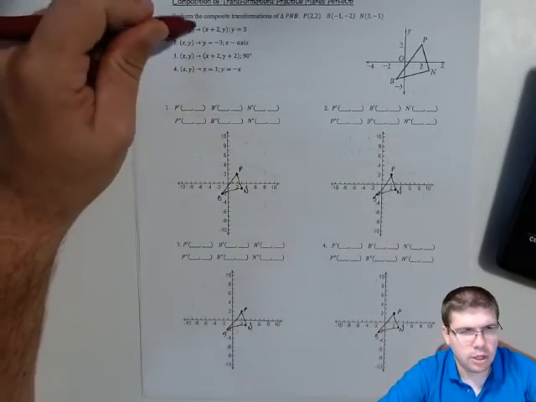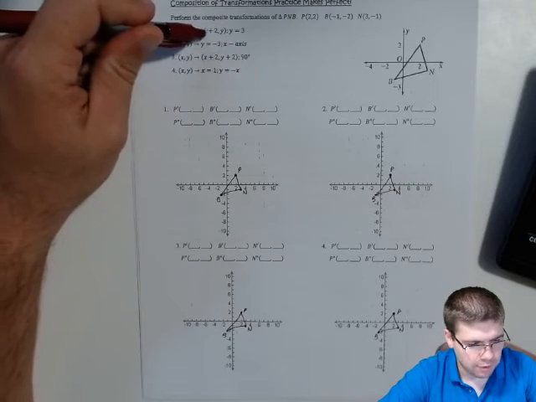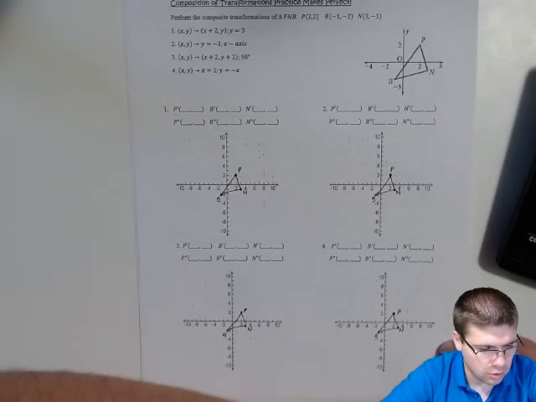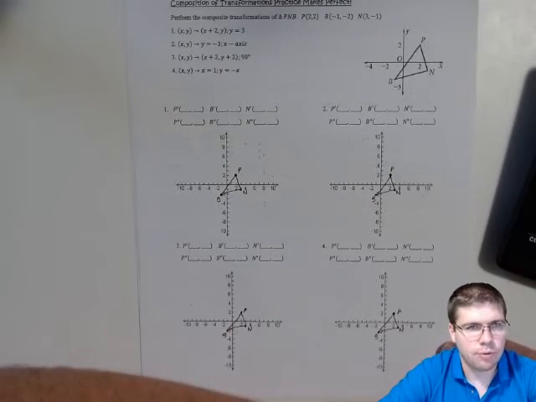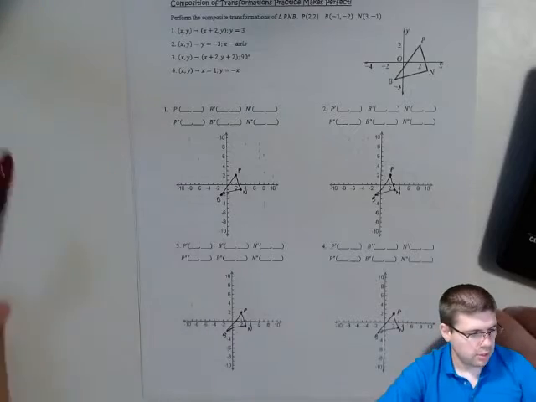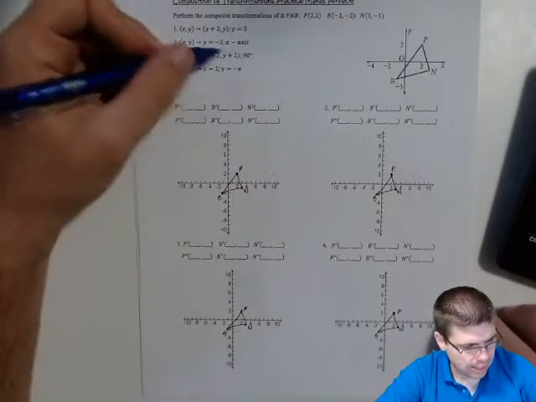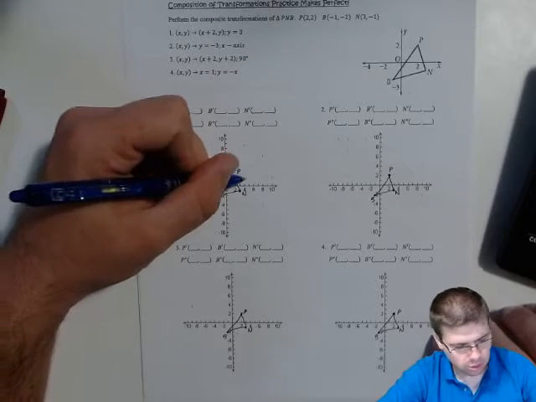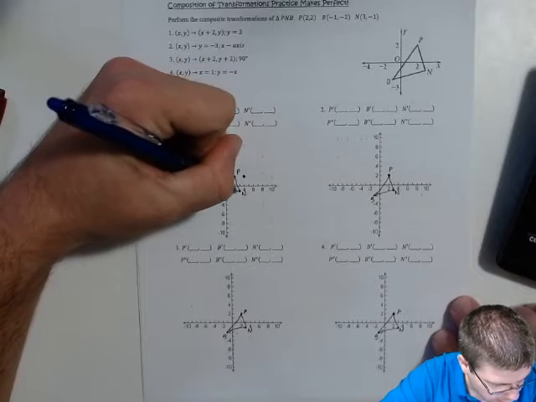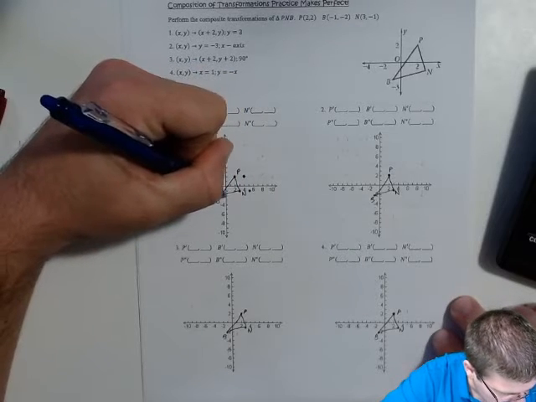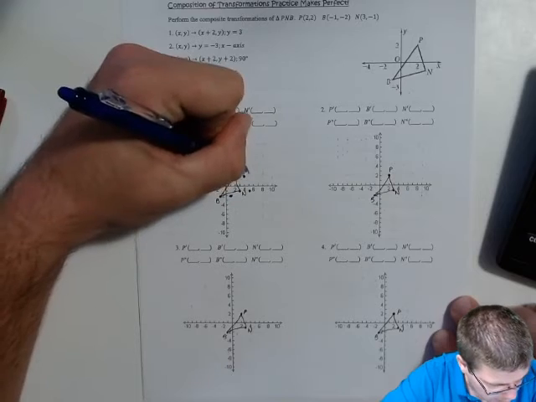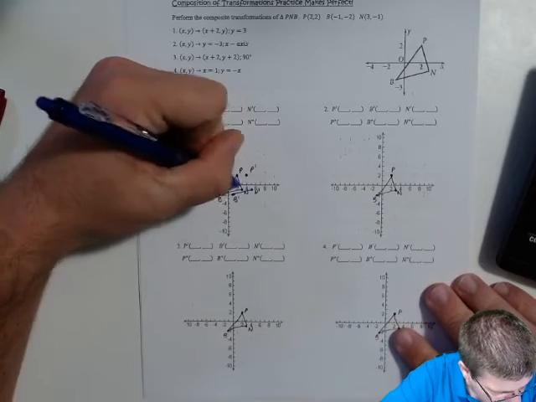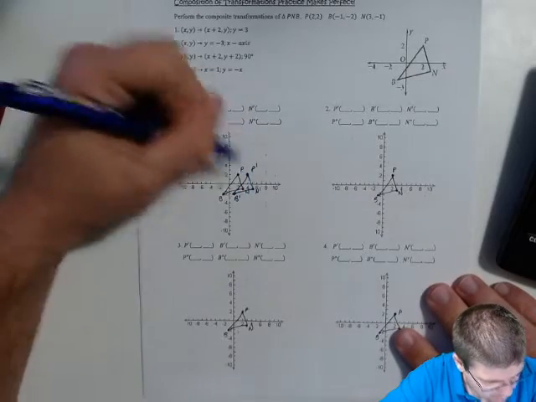So this first one, we're going to go through these couple of transformations. First, we're going to do a translation. We're going to add 2 to the x coordinates, shift the thing right, and then reflect over the line y equals 3. So the first step, we're shifting 2 to the right. X was plus 2. So for instance, P was at (2, 2). Now if we add 2 to the x coordinate, we're at (4, 2). And so P ends up over here, N ends up 2 to the right, and B ends up 2 to the right. And so this would be P prime, N prime, and B prime with that figure translated over there